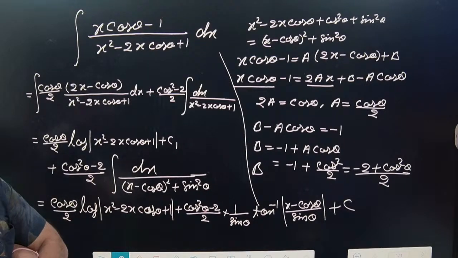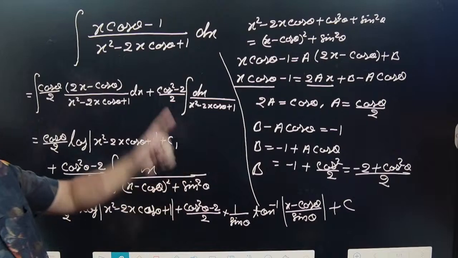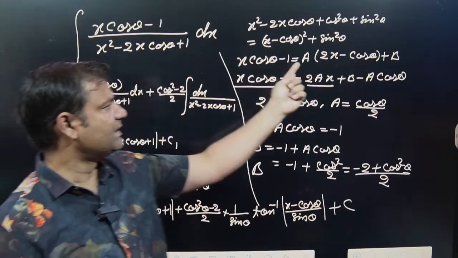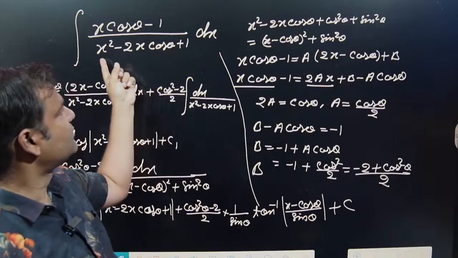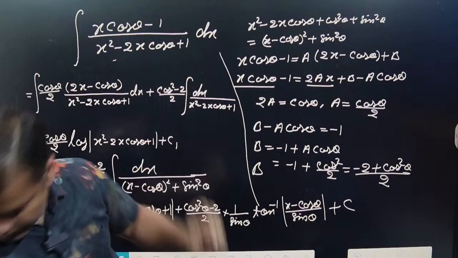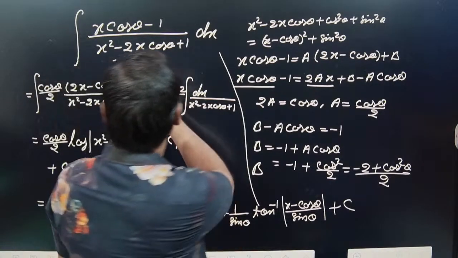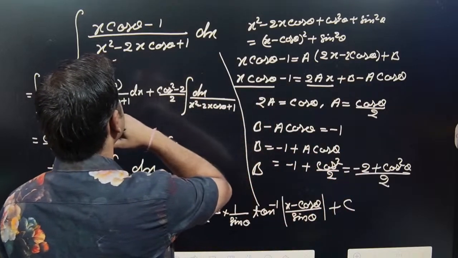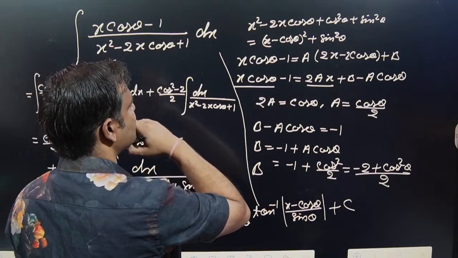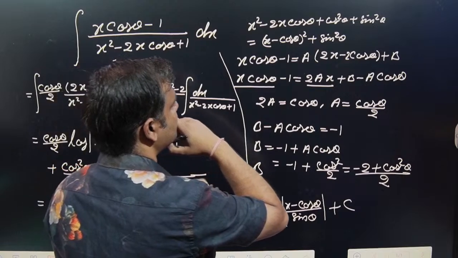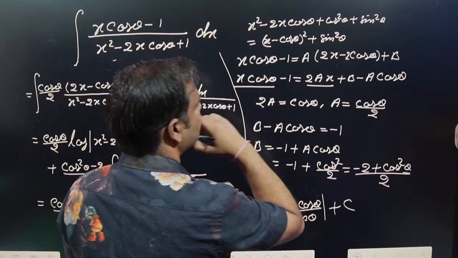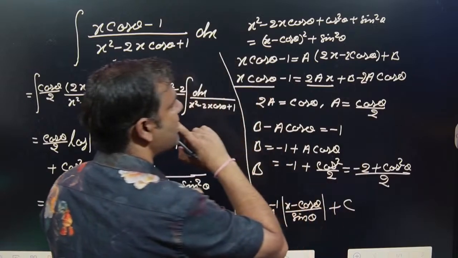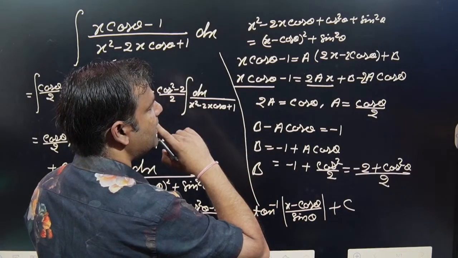Okay, how can we simplify this one? Written as the differentiation of this one, 2x. Oh wait, silly mistake here. 2x minus 2. Okay, 2x minus 2 cos theta. So that is 2 here, 2. Okay, after that